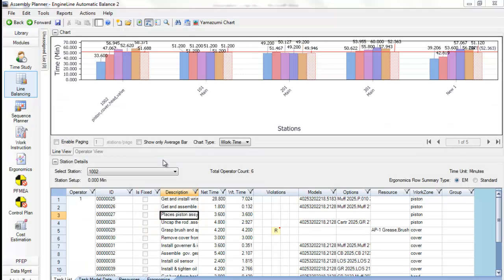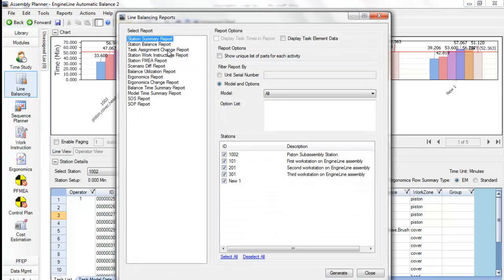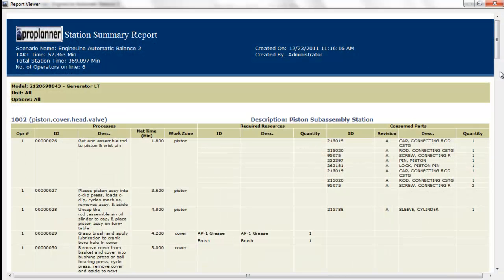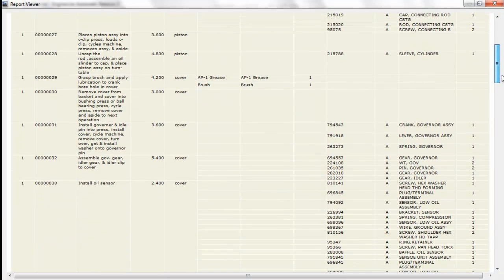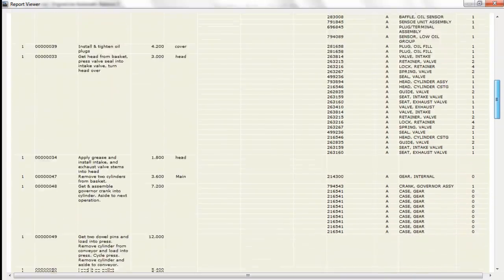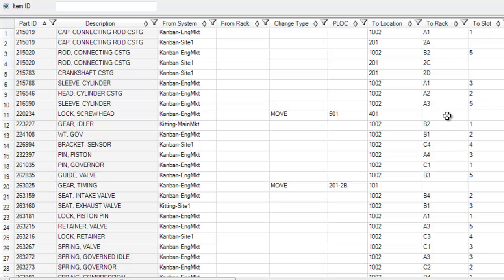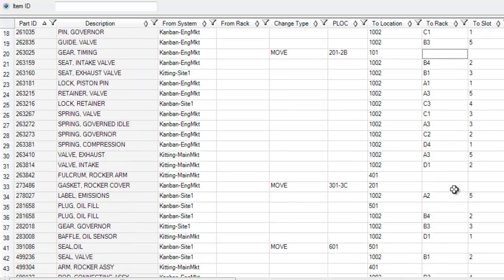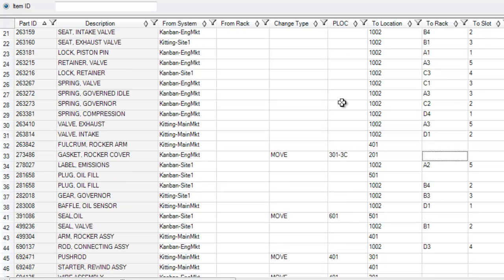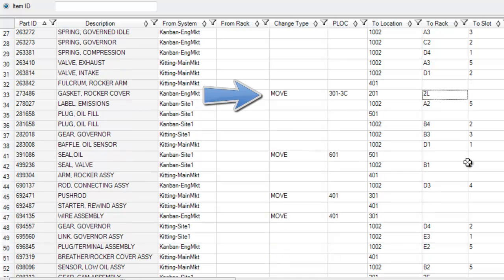Using Assembly Planner's line balancing module, which maps tasks to stations and carries part information along with it, material handling can get a list of all parts that need to be delivered to each station. This list can also be used to update Assembly Planner's plan for every part system, so that if an engineering change affects a part, or a line balance changes the consumption location for a part, the logistics system is updated